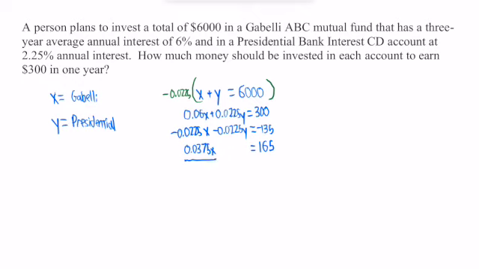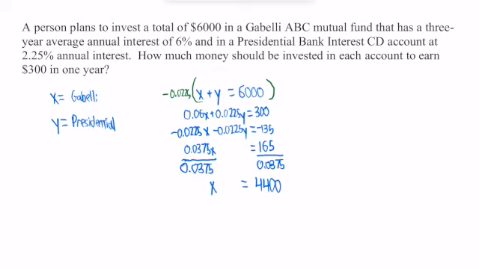Then divide both sides by 0.0375. 165 divided by 0.0375. We have x equals